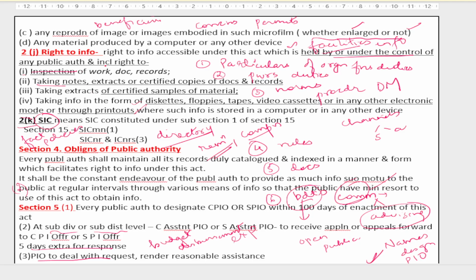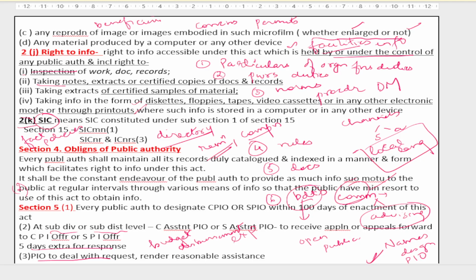And the organization needs to give reasons for all the administrative and quasi-judicial decisions that it took and that affected the public at large. Now, all this information needs to be provided in the local language and in a form that is easily accessible to the public, and also keeping in mind the cost effectiveness. So this was in brief about section 4 of the RTI Act.